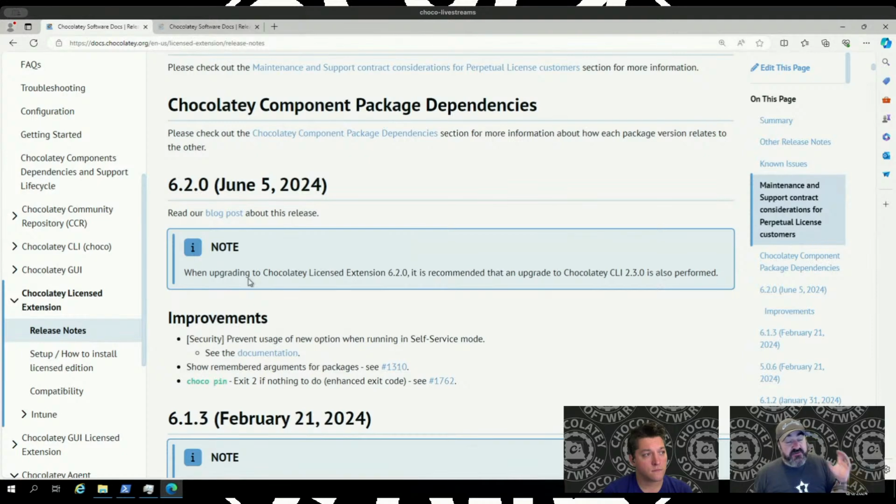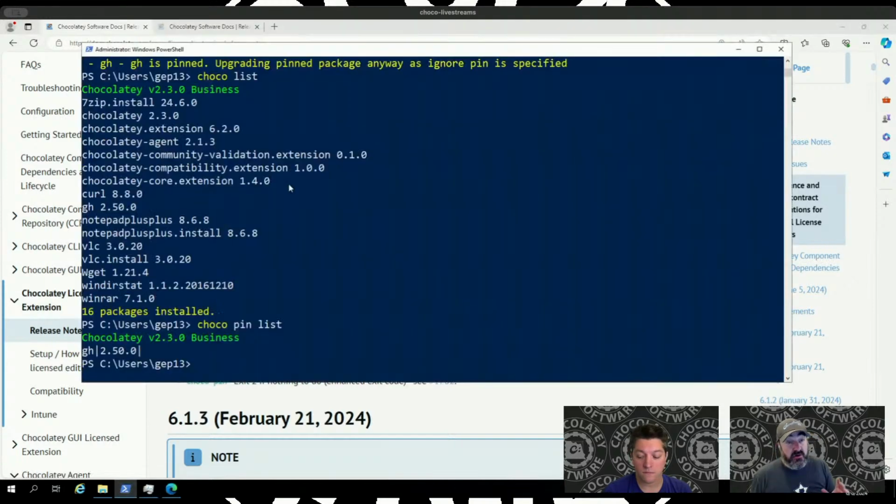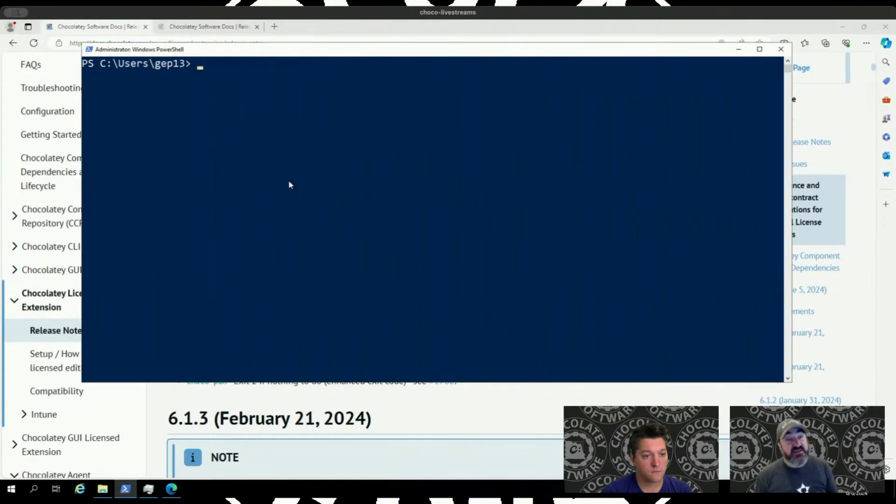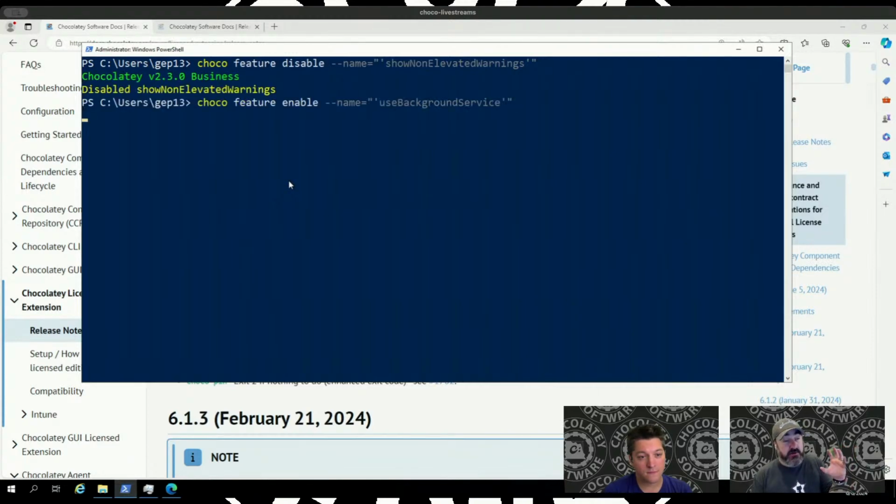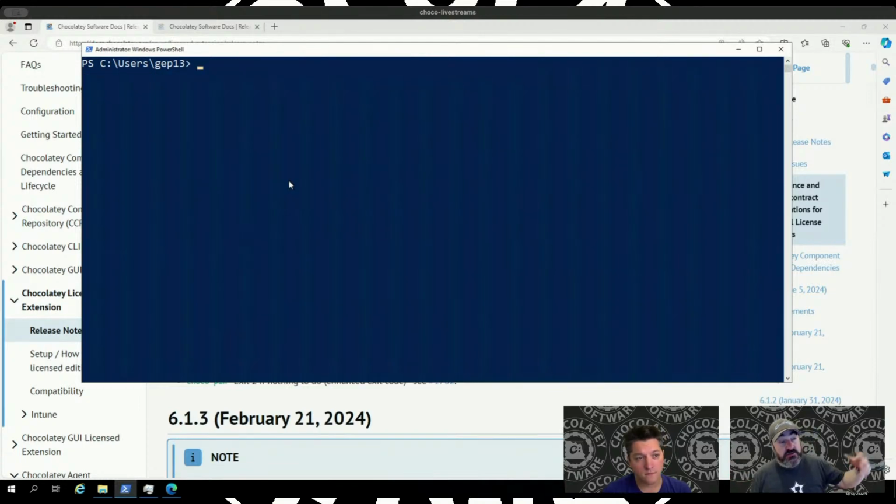The first thing I wanted to show is with regard to security again. I've got a couple of commands that I want to run here. I'm going to very quickly and very naively set up self-service on this machine. I'm going to toggle the environment variables and the features necessary to make Chocolatey go into background agent mode. Then I'll attempt to install a package using that new command line option that we put in play, which was the ignore pinned,